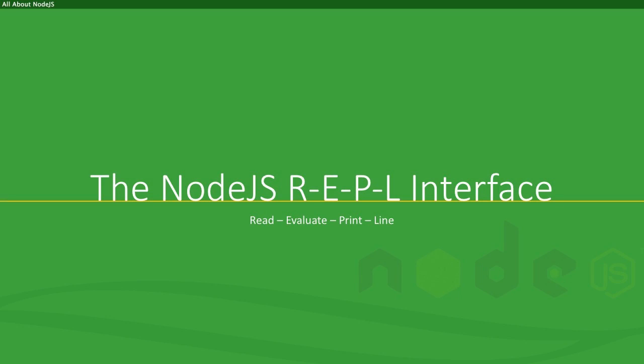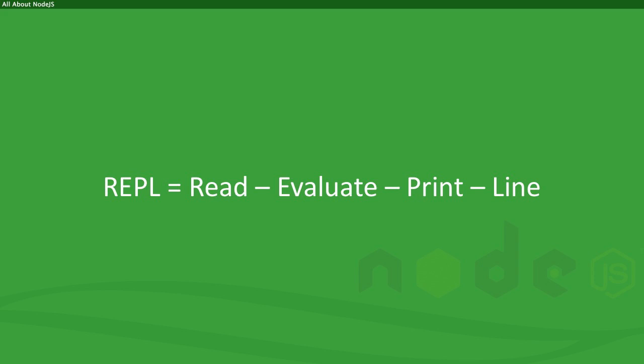Node.js provides us with an interactive code execution environment known as Read, Evaluate, Print Loop or REPL. The Node.js REPL allows us to type code directly into an environment that executes it immediately and is useful when you want to quickly try out things and play with JavaScript. I wouldn't call it a development environment, but it's more like a playground or a sandbox where you can play